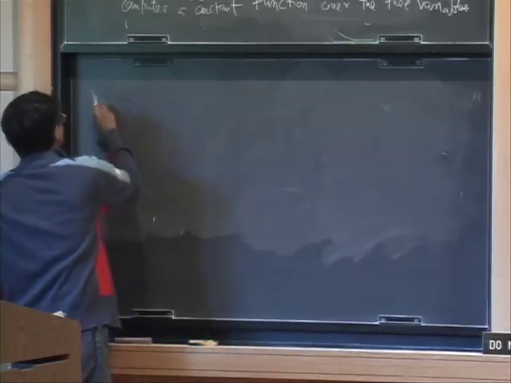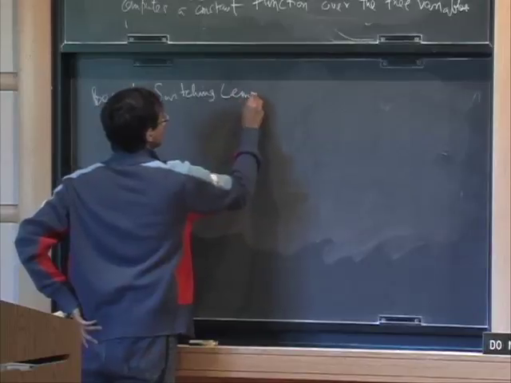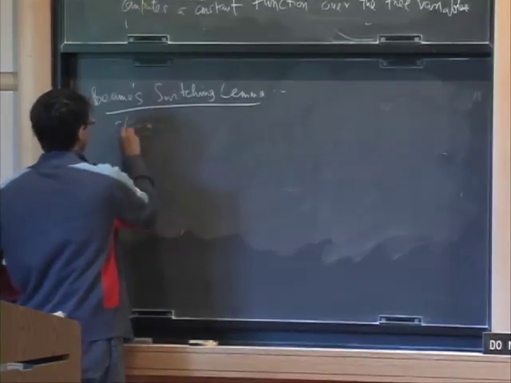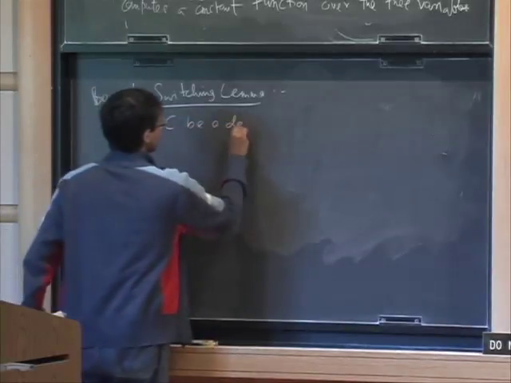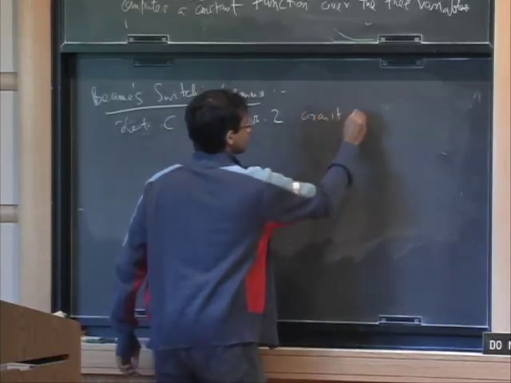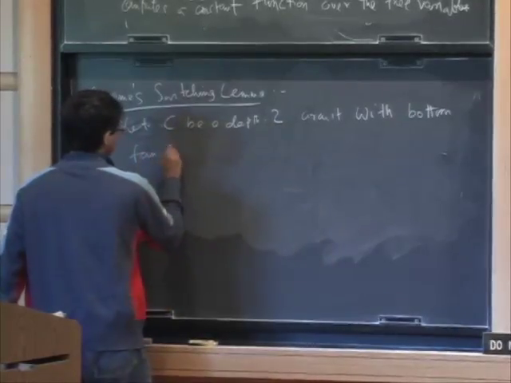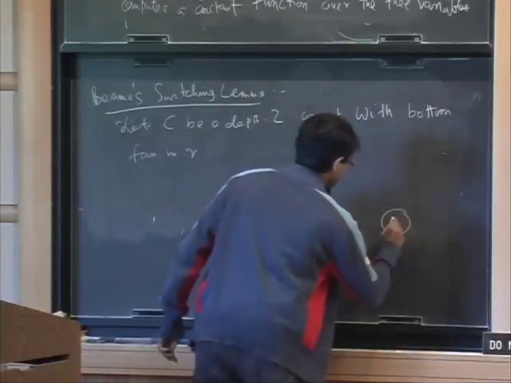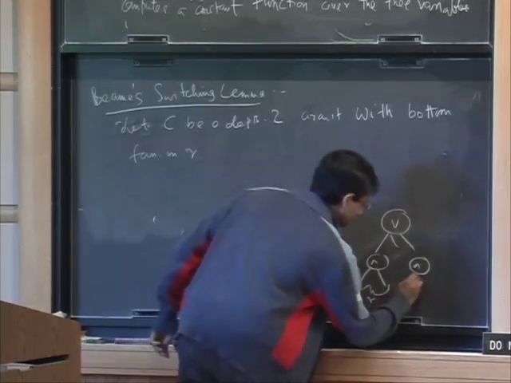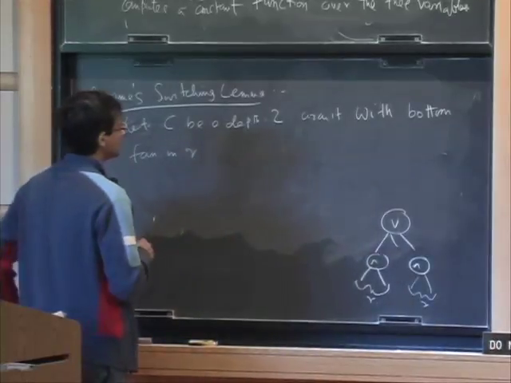So Beame's switching lemma states: let C be a depth 2 circuit with bottom fan-in R. So by bottom fan-in I mean, this is R, this is N, so the fan-in of each of the gates at the base layer is R. So consider any such circuit with bottom fan-in R, then